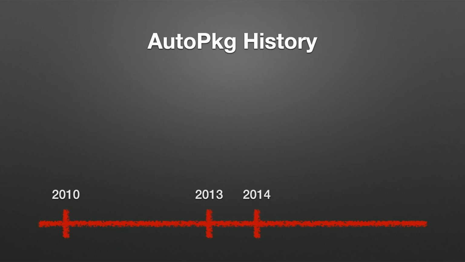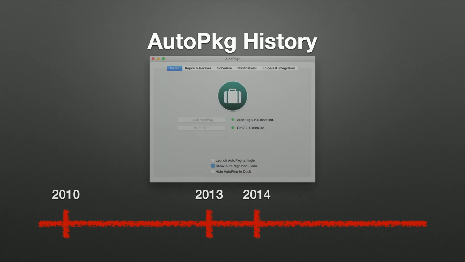In July 2014, the Linde Group released AutoPkg with an R. I feel like this is kind of where the AutoPkg project really gained a whole lot of steam. AutoPkg provided a GUI that helped make it more accessible, especially to those that were non-technical. It made an easy interface to schedule recipe runs as well, which really further simplified that adoption, especially to those people that didn't do Mac every day and didn't know how to do launch daemons.